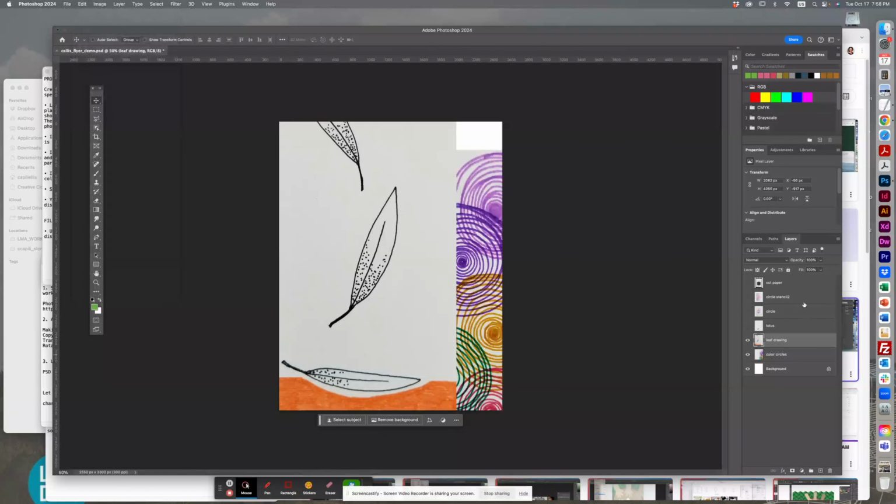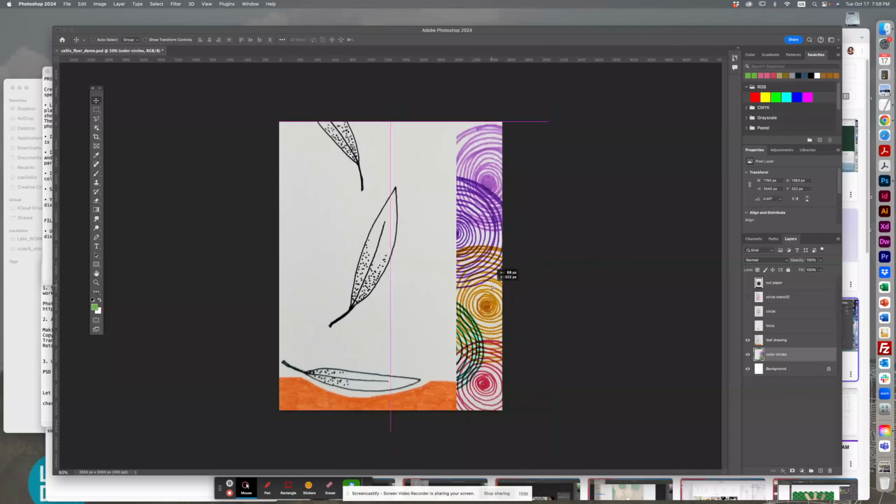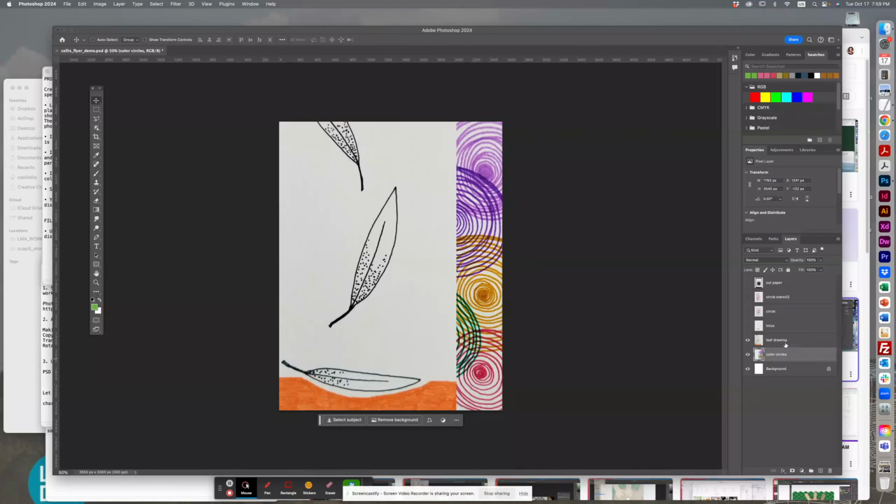And at this point, I'm gonna get my circles as well. I'm gonna move that up. I like the texture of what it makes. Okay. And then I wanted to show you